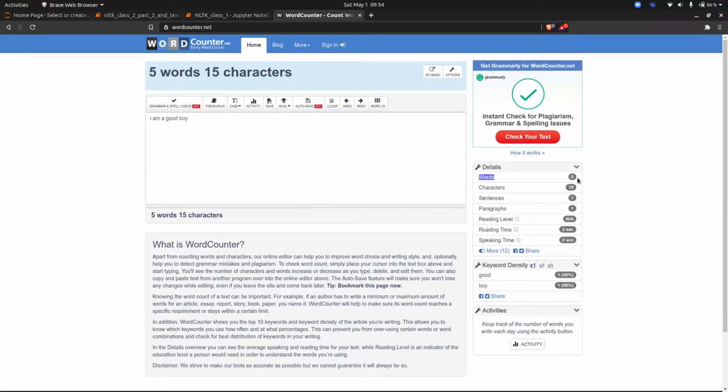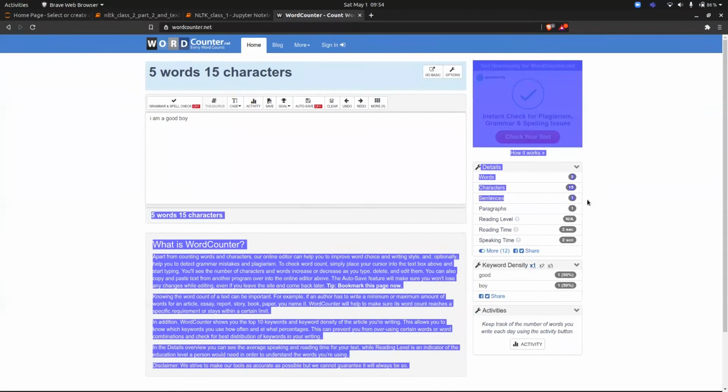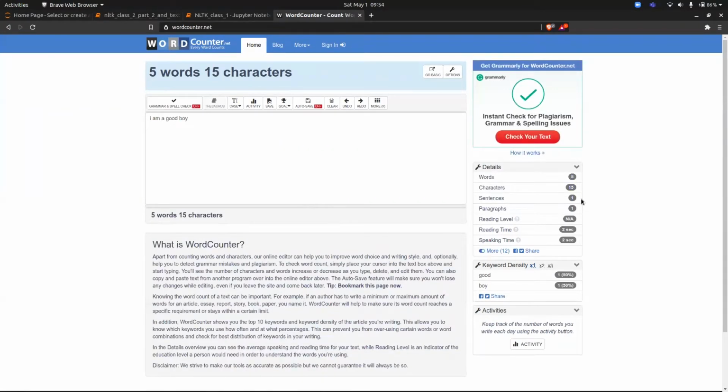So how is it calculating the number of words behind the scene? Tokenizing the words with a tokenizer, then taking the length of the tokens to find the length of the sentence, and done. How many words are there? It will give the word tokenization. How many characters? Just basic Python things. How many sentences? Behind the scene, they are tokenizing into sentences.